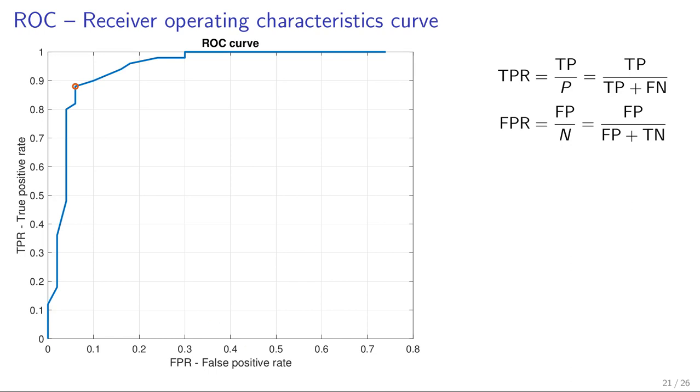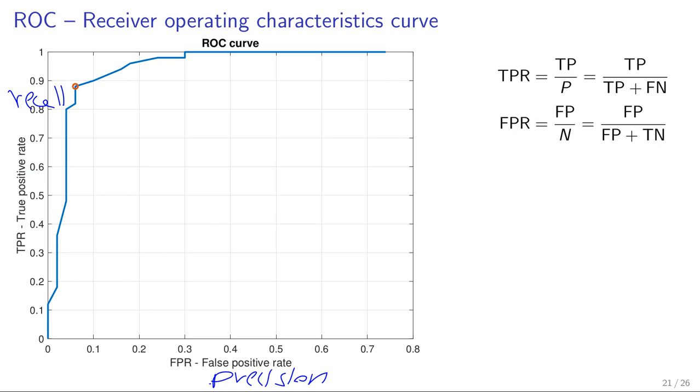And okay, so this is this ROC curve. It's for some historical reason called receiver operating characteristics. So here is the false positive rate, and here is the true positive rate, which is the recall. And so I want to have this recall as high as possible, and I want to have as low as possible the